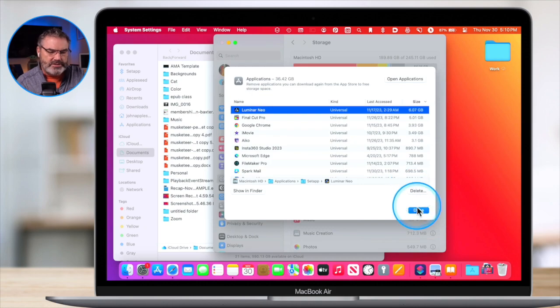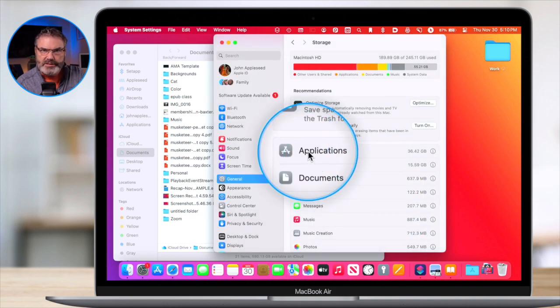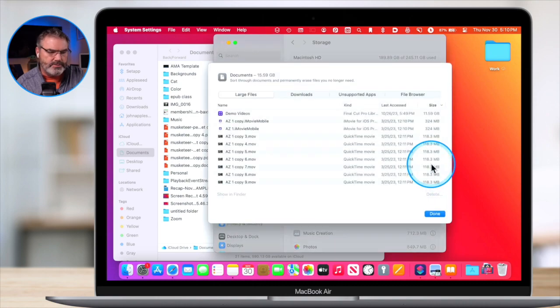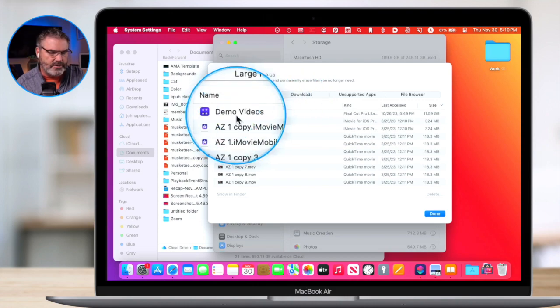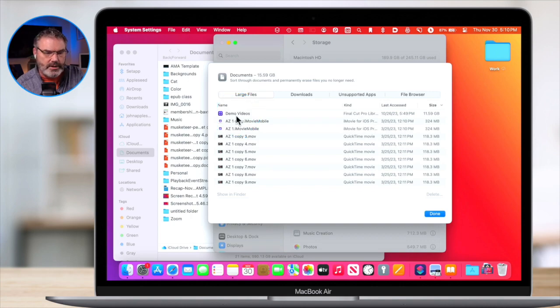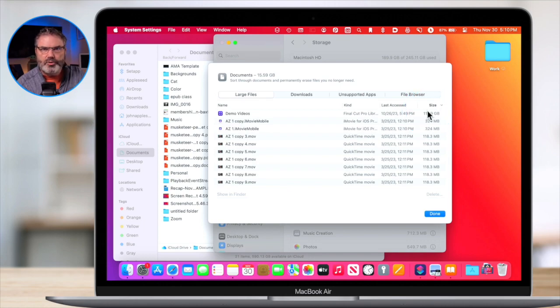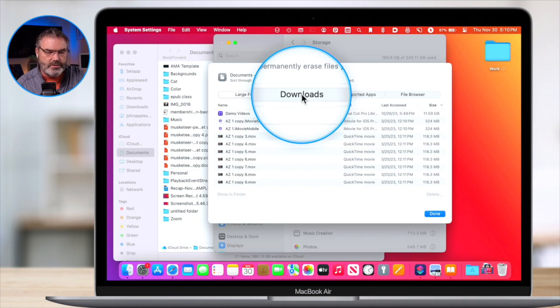So the first thing is just to see what's taking up all your space. In my case, most of my space is taken up by my applications. Yours might be in a different order here. When you go over to Documents, again, click on the i and you're going to be able to see which documents are taking up the most space. We can see I have here demo videos. That's a Final Cut Pro Library, and that is taking up 12 gigabytes. If I'm not using that Final Cut Pro Library, I could just go and delete that. And right there, I've just cleared up between those two things a good 20 gigabytes, over 20. I have some large movies in here, and you can see it sorted by downloads, as I mentioned earlier.